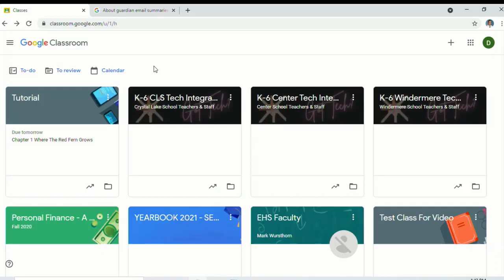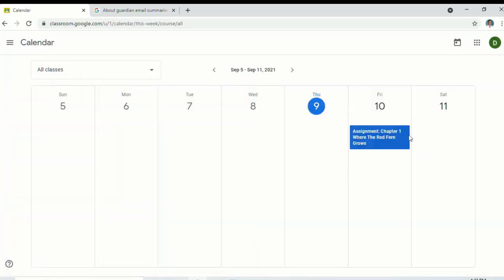One last thing to show you is when you click on Calendar, once you start making assignments, those will show up in your Google Calendar and they'll show up in your students' Google Calendar as well. So it's a really nice way to stay organized with all of your assignments. And as the students go through, depending on how many assignments they have from different teachers and different classes, it's a nice way for them to stay organized and visually see all the work they have to do for each